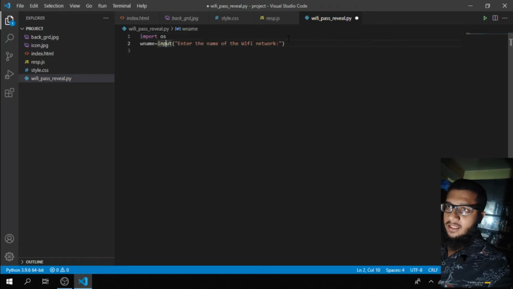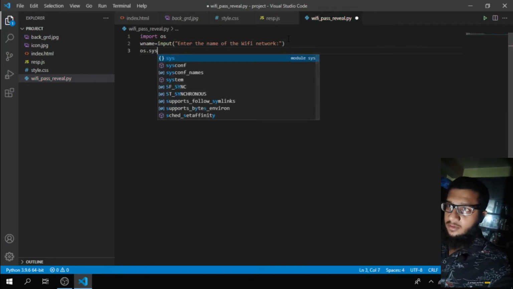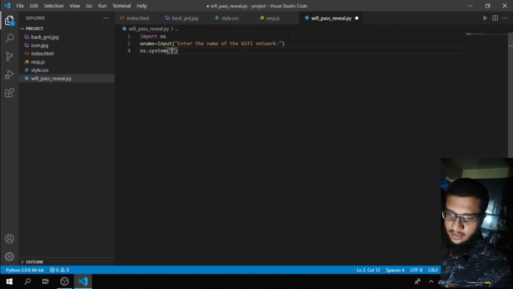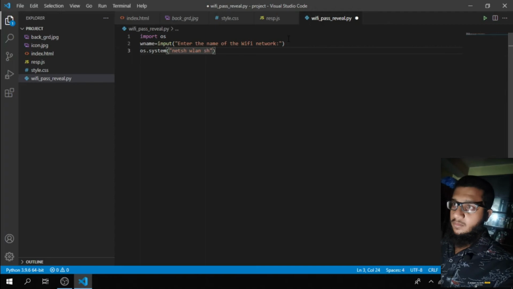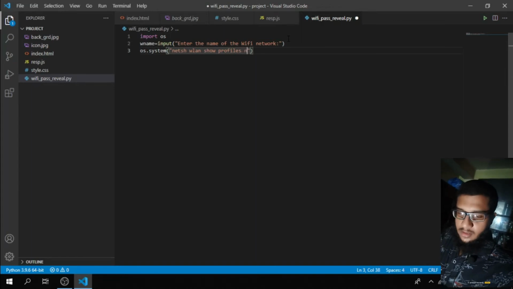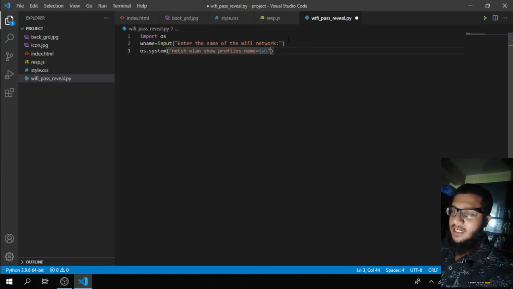Okay, and then I'll type here os.system, and in this I'll type the command, which will be netsh wlan show profiles name is equal to, and in the curly braces I'll type the name of the variable which I'm taking as an input, that will be w name.